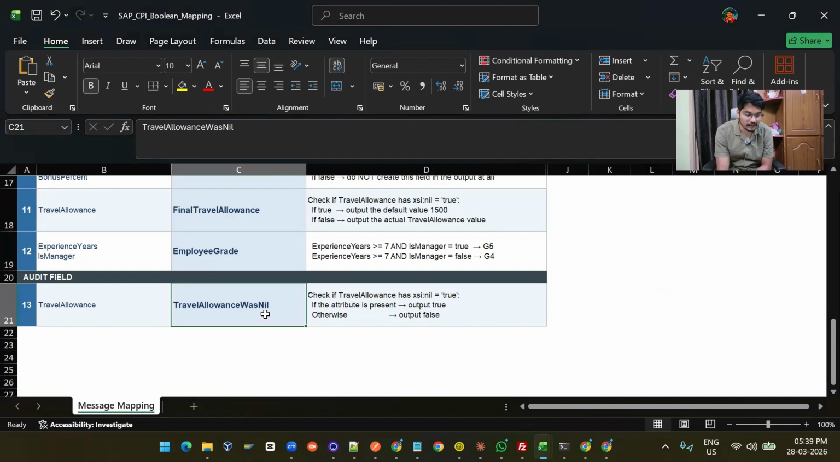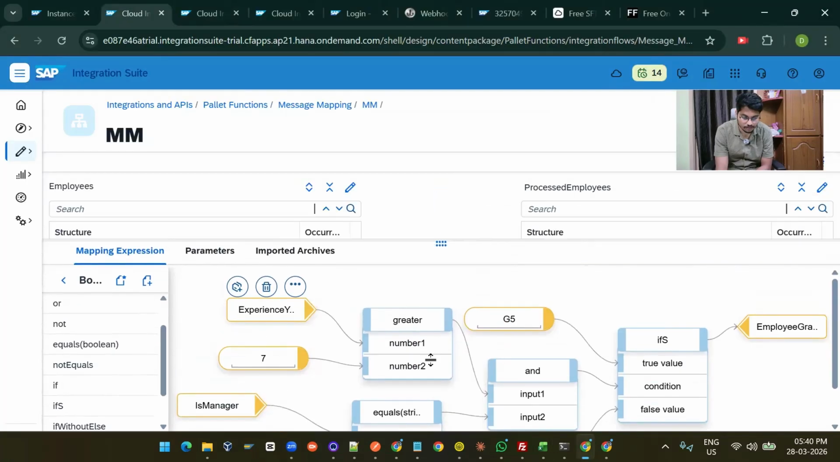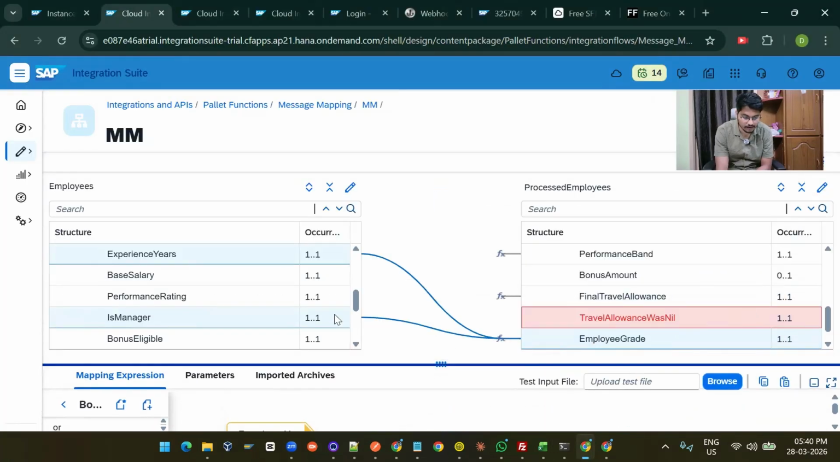which is travel allowance was nil. Check if travel allowance has XSI nil equals to true. If the attribute is present, we need to generate the output true, otherwise we need to generate the output false. So it would be a straight mapping, one-to-one mapping. So this travel allowance nil,